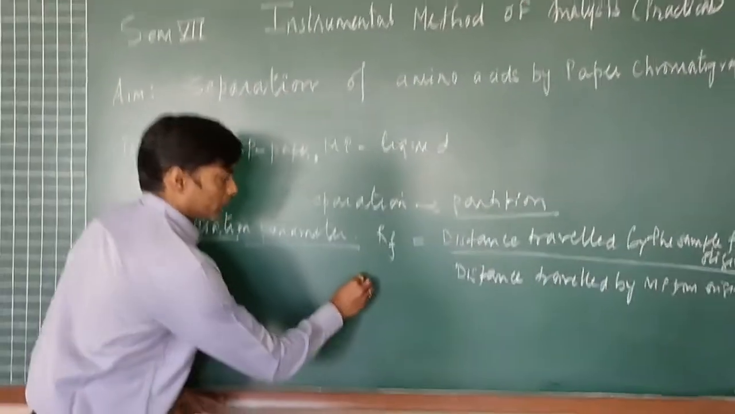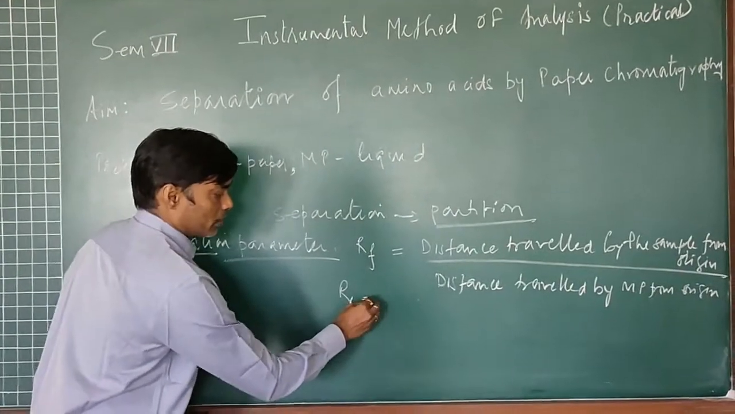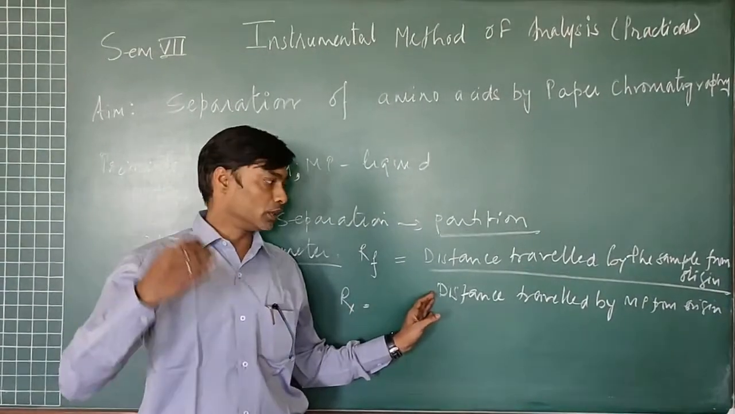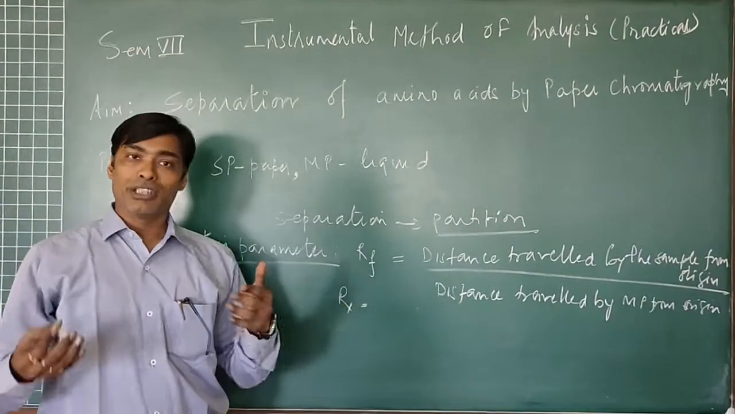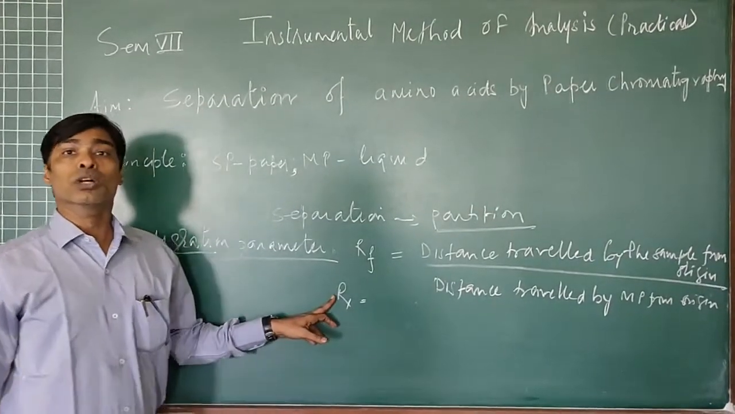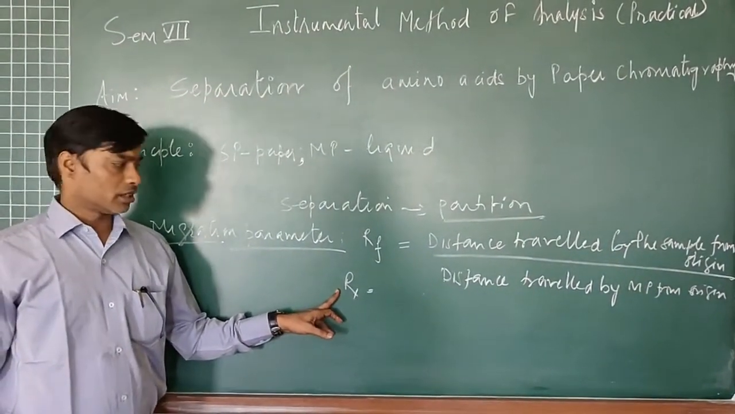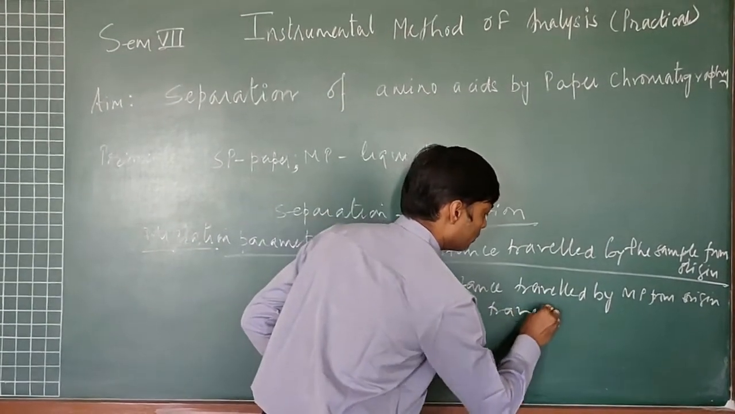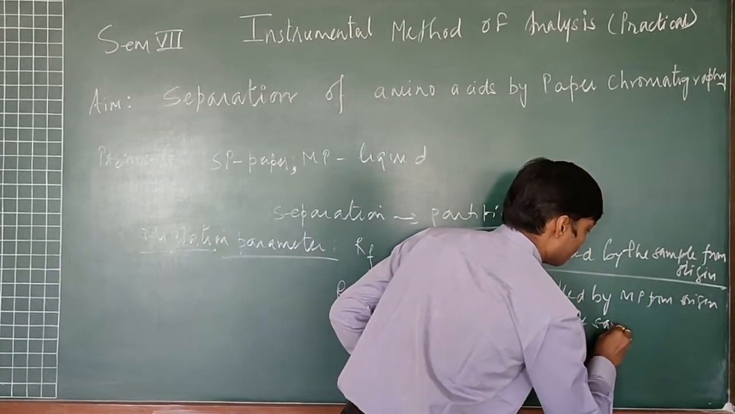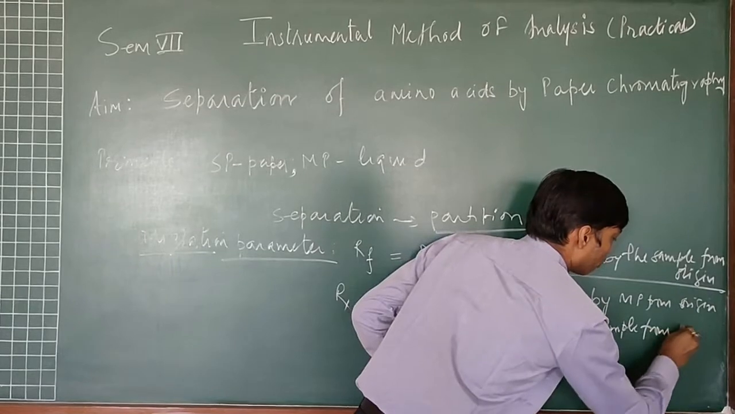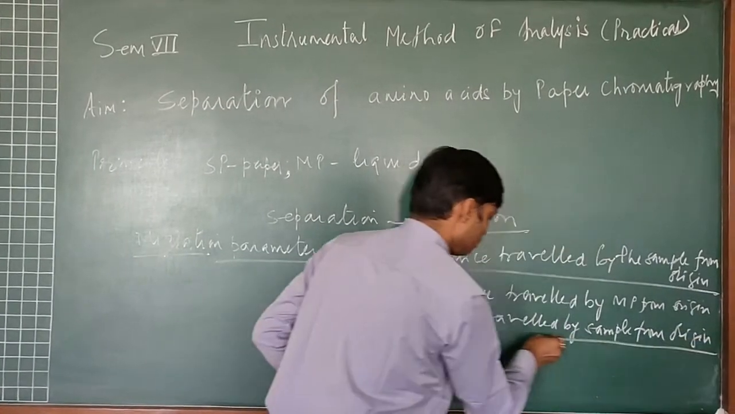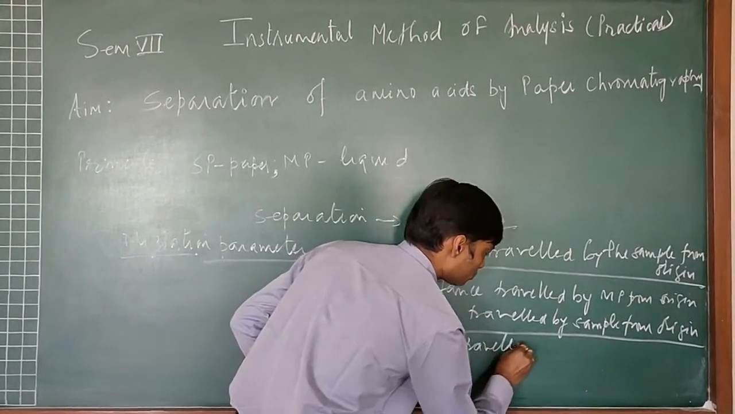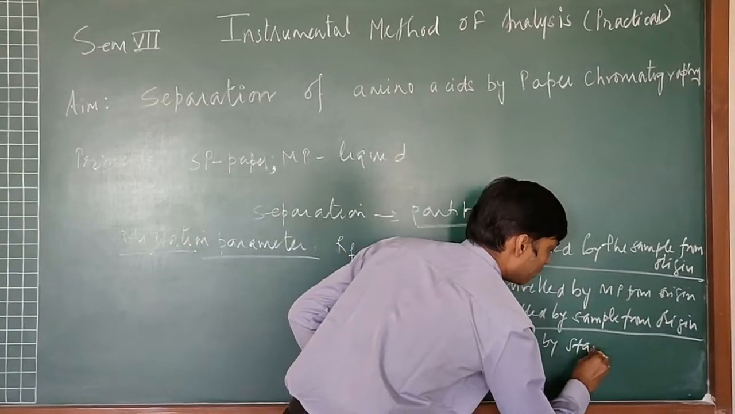Another migration parameter is Rx. Now this Rx is usually used if we are not interested, or if we have forgotten, or the overrun of the mobile phase has taken place, or if we have the availability of standard with us, so we can go with the determination of this Rx parameter, which is calculated as distance traveled by sample from origin to the distance traveled by standard